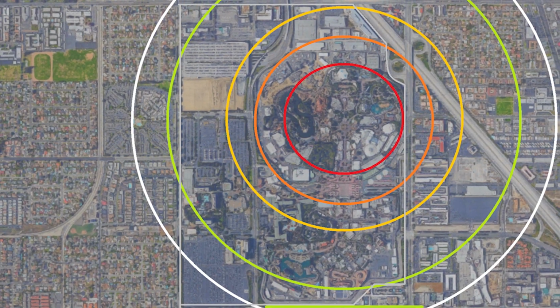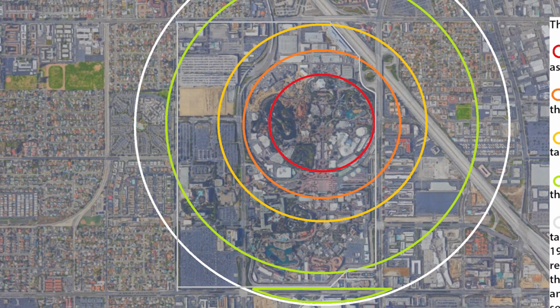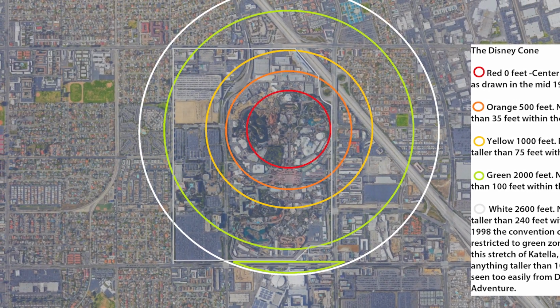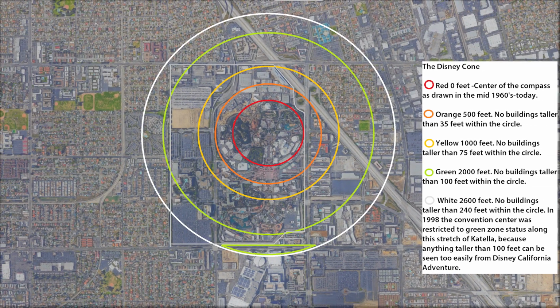Here's how it works. The perimeter of the park would act as the starting point of the compass. Any buildings built within 500 feet of the park's perimeter were to be no taller than 35 feet. Buildings within 1,000 feet could be no higher than 75 feet. And the height restriction gradually became taller until around 2,000 feet from the park, no building could be built more